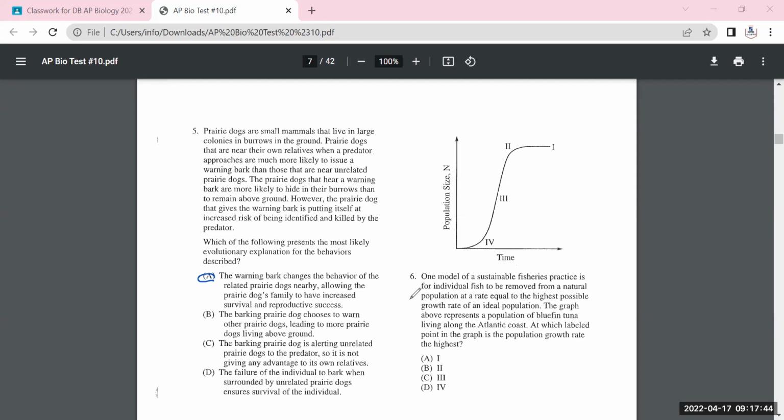So basically, it's just tracking the population of bluefin tuna. Where do we have the largest population growth rate? Population growth rate is just change in your population, so it's going to be point 3. This looks like our logistic growth model, our sigmoidal curve, where somewhere over here would represent your carrying capacity,